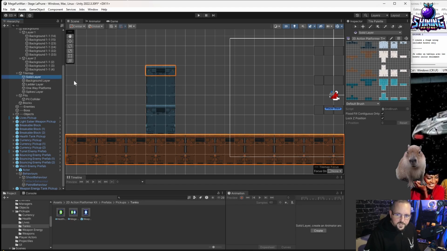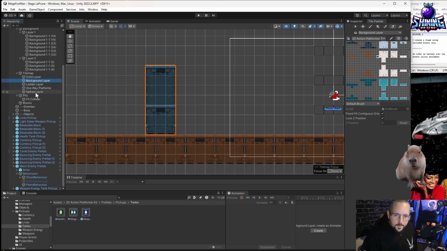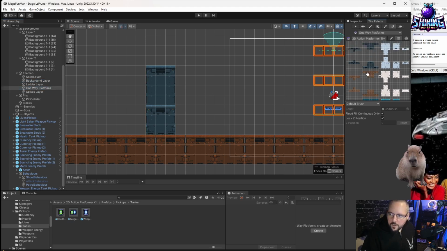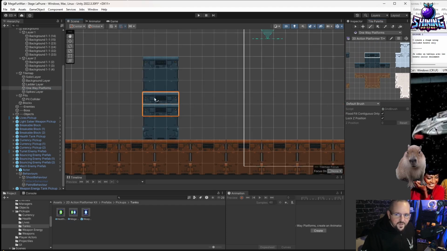I think it's the best way to use this thing. It's better than to put them and not to put something that you can step on them, because I'm OCD. I'm obsessive compulsive, and when I see stuff like this should be walkable, but it's not, my brain goes nuts. It goes like, why? We must fix this, and if it's not fixable, we must destroy ourselves. I'm joking. So now I put a one-way platform, like I said, which will allow me to interact with this